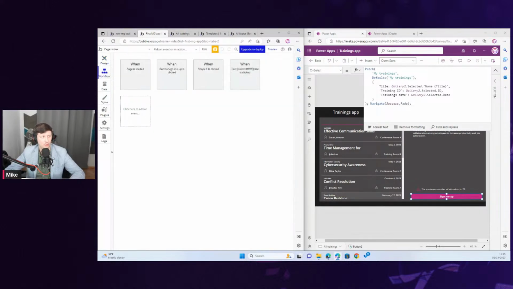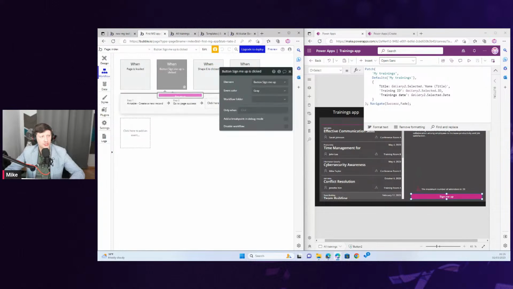Instead, you have a workflow section where you define all kinds of logic operations defined for the specific page. So each page has its own events, or let's say workflows, as it is called right here. And for each of those, you can define what is happening whenever you do something. It doesn't have to be click.